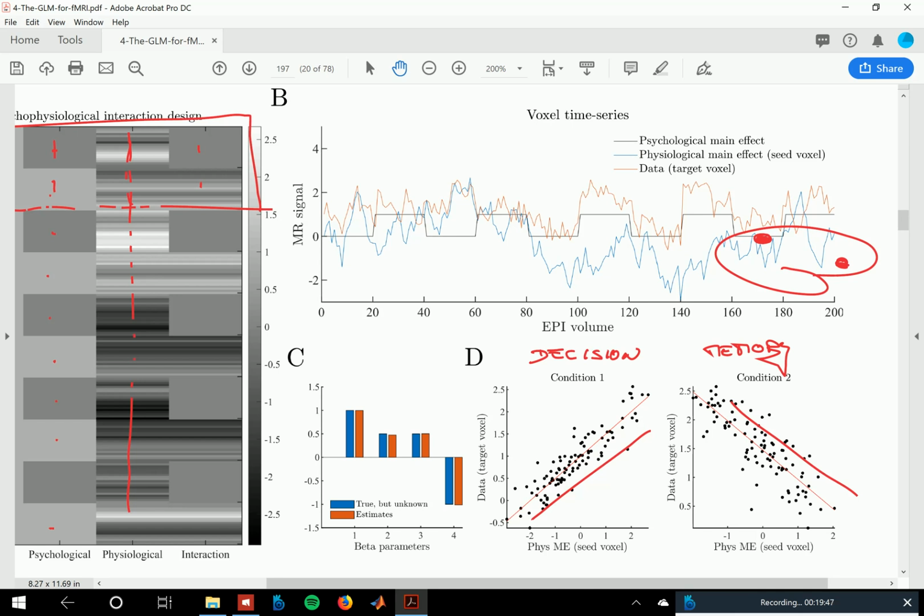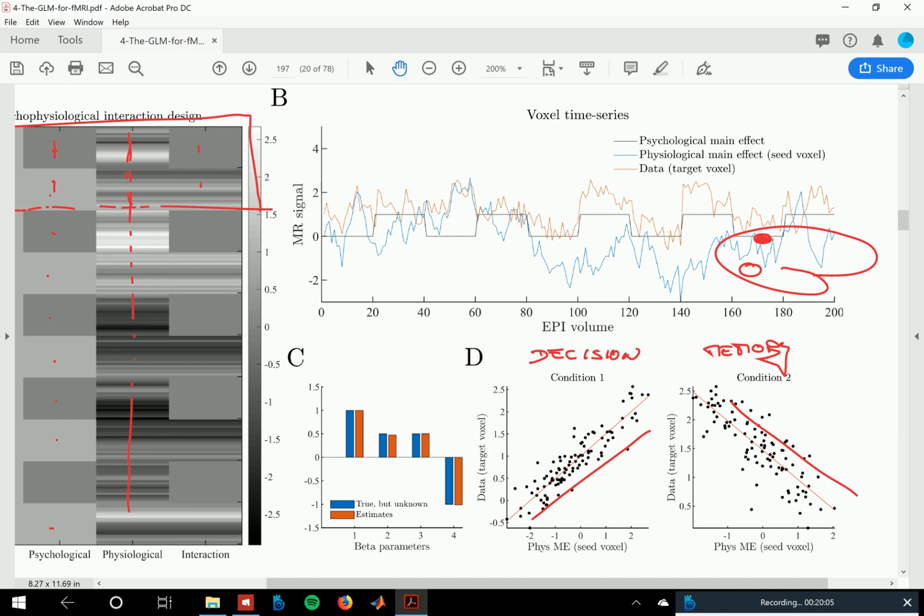And this is what a psychophysiological interaction then is. And all this talk about effective connectivity or whatever, just get rid of it. It's always with respect to one seed voxel. Of course, the covariation pattern might look completely different if you use a different seed voxel. So it definitely depends on